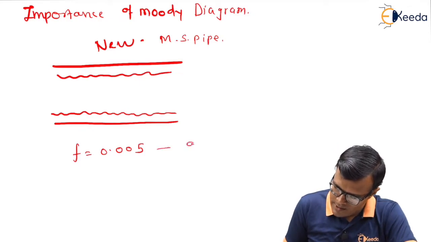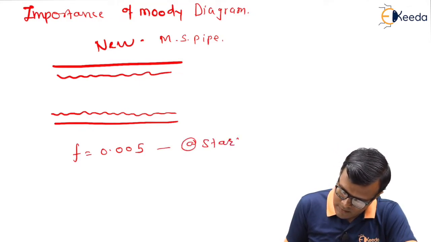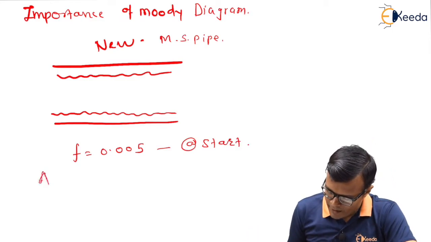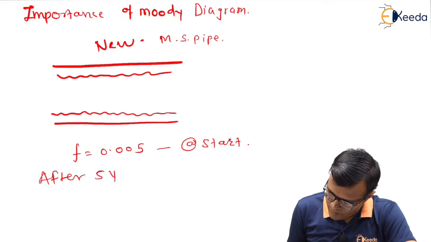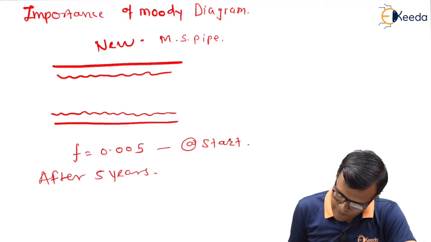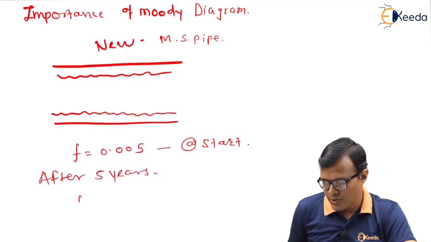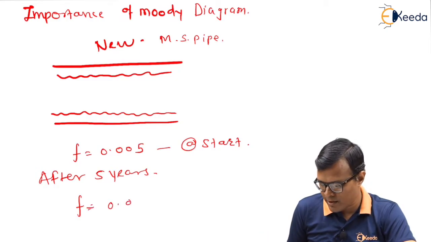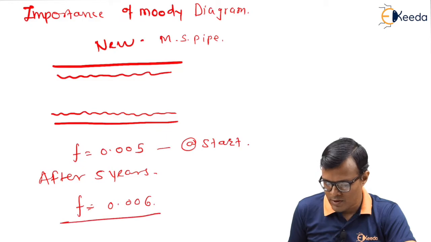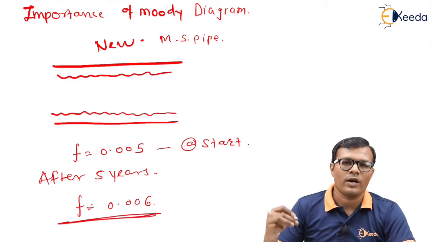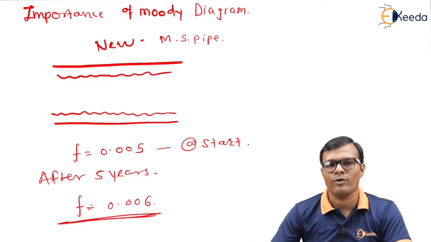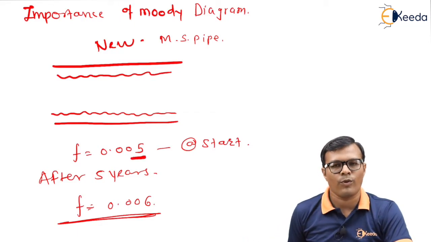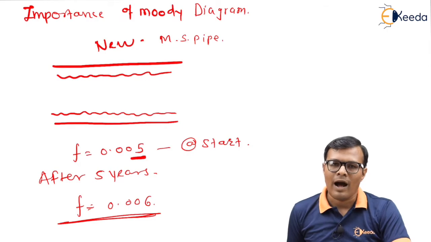So this is at the start of plant or during installation, and after 5 years this becomes rough, so the value will increase. Say for example, it becomes 0.006. Whatever calculations of head losses were done considered the value of f as 0.005, but after few years,